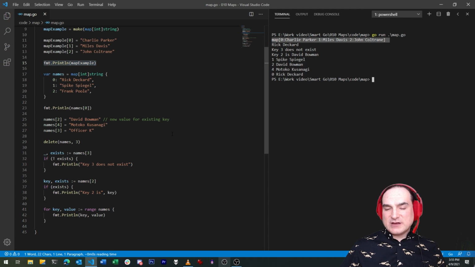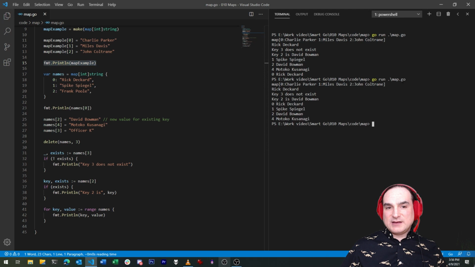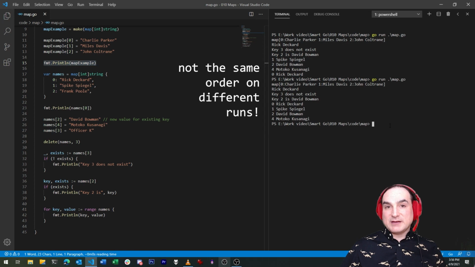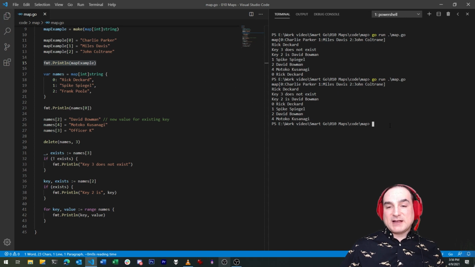Note that you should not rely on the insertion order of elements in a map. That is, you shouldn't assume that just because you insert something first into a map, that it will show up first when you iterate over the map later. It's easy to believe this if you print the contents of a map and have it show up in a certain order, but that's because the format package prints maps in a key-sorted order for the sake of making testing easier.